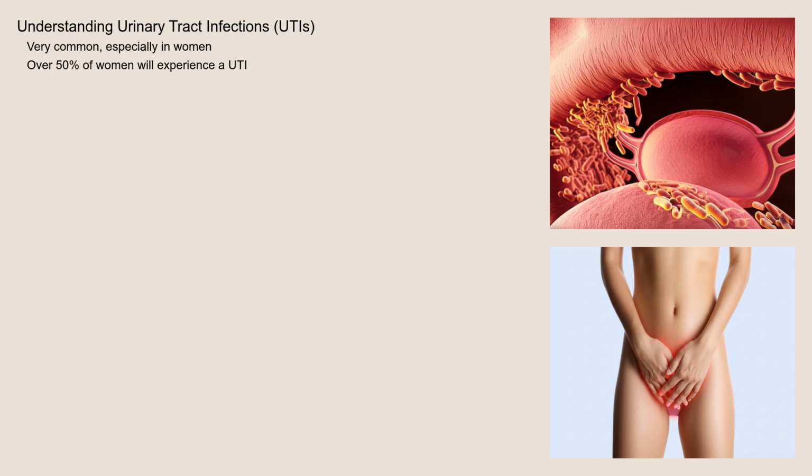Other factors that increase the risk of UTIs include sexual activity, urinary catheters, pregnancy, diabetes, and conditions that suppress the immune system. Age is a significant factor, with young sexually active women and elderly individuals being at higher risk.